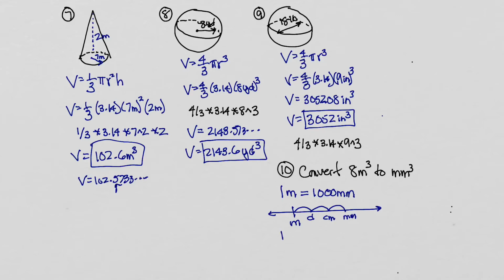So if we take our 1 meter, we would have to take the decimal point 1, 2, 3 places to the right. So we're going to get 1, and then 1, 2, 3 places to the right, millimeters. And now, if I cube this side, I'm going to cube this side. And this will give us, if you take 1,000 times 1,000 times 1,000, 1,000,000,000